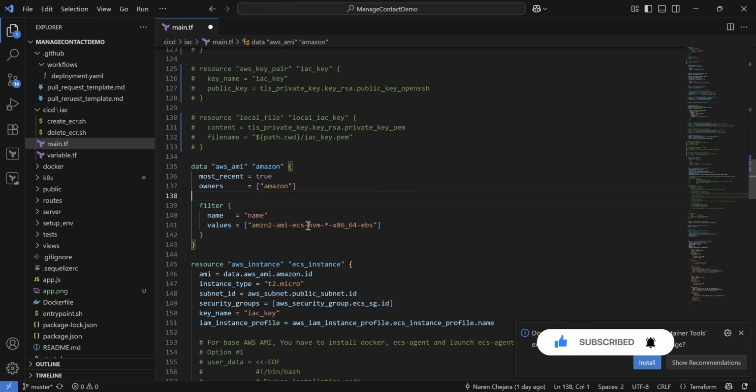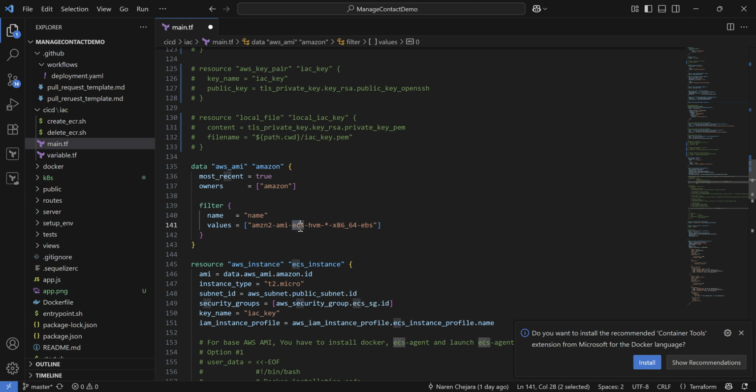But if you use the public AMI with ECS already configured, then you can avoid these two tasks, and it will be very easy, because otherwise you have to write a further script where you are installing Docker and installing the ECS agent. Okay, so we are trying to avoid that,